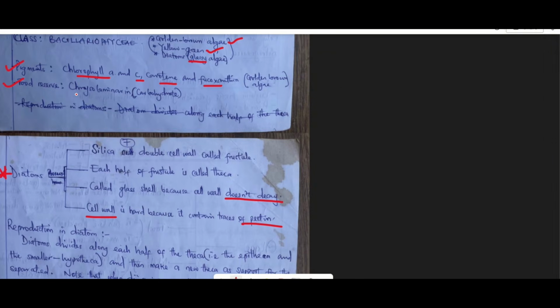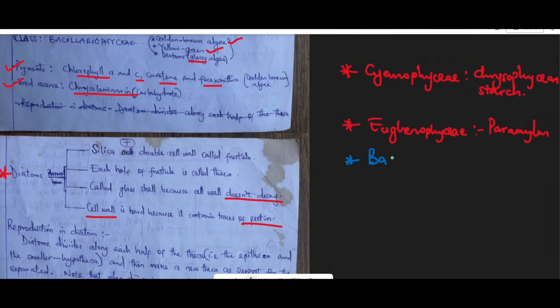The food reserve is chrysolaminarin, and that chrysolaminarin is a carbohydrate on its own, a polysaccharide on its own. So, guys, it is very important to take note of these food reserves that we've been talking about. The food reserve for blue-green algae, that is Cyanophyceae, I mentioned is Cyanophycean starch. And the food reserve for Euglena that we mentioned is paramylon. And we said that the food reserve for Bacillariophyceae is